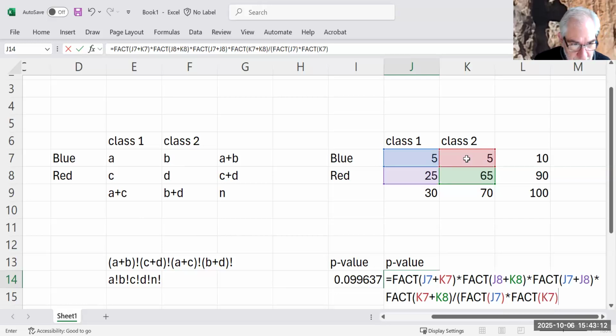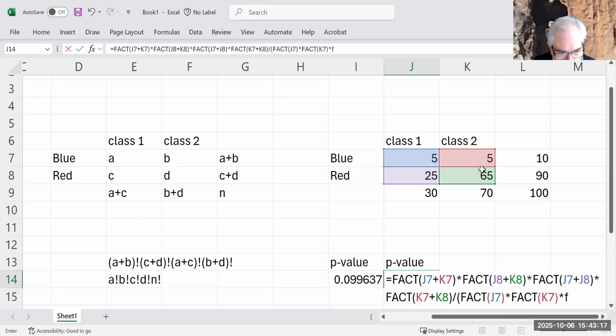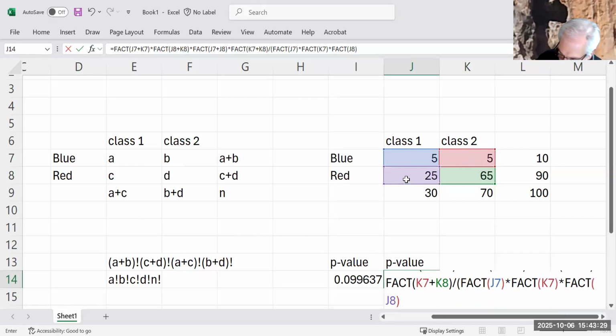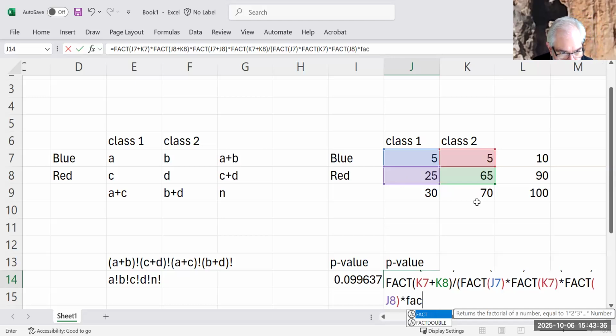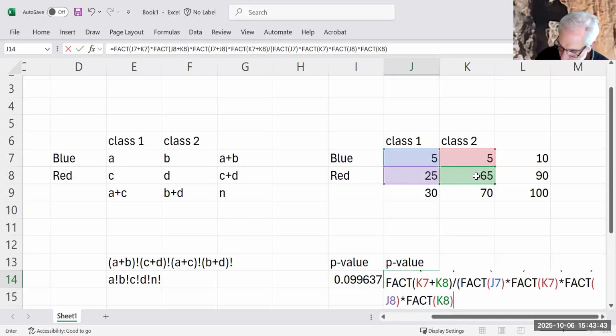Yes, not comma, times. Times fact again. Oh, it's almost there. C, that's this guy. Yep. Times fact of this guy, D, yeah. Close that, and now times fact